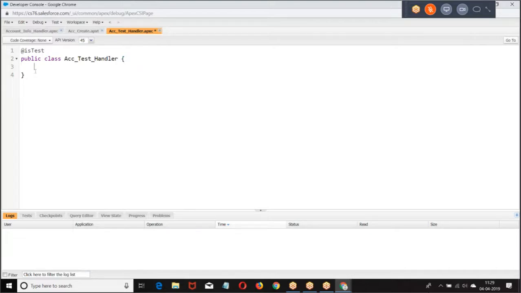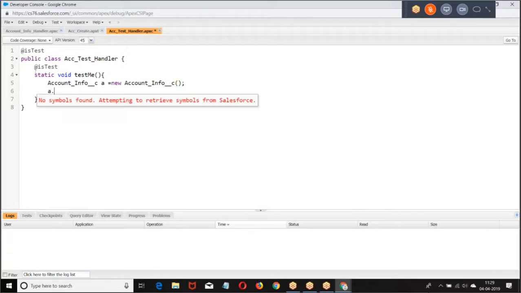At the rate of is test. Then account info, because this trigger will be fired only when you insert a record.